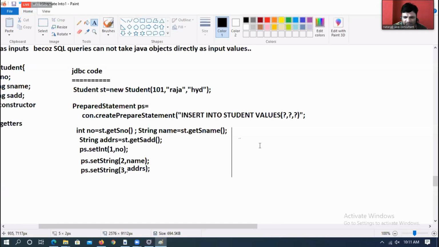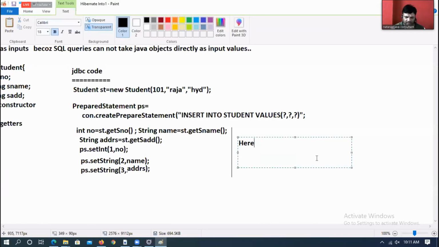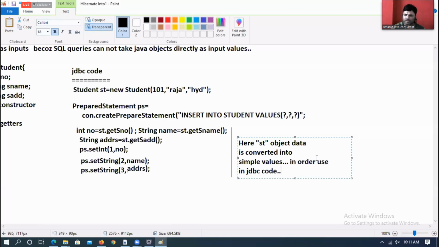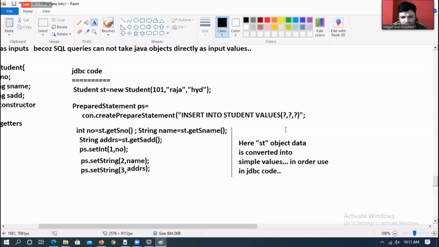So that is a real problem. Here the st object data is converted into simple values in order to use in the JDBC code.